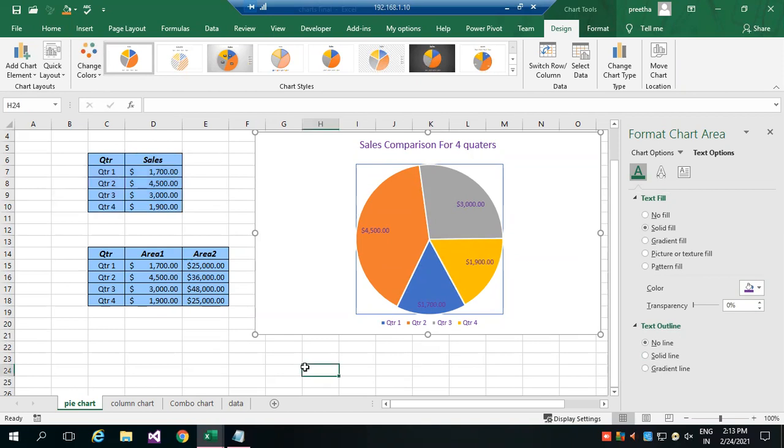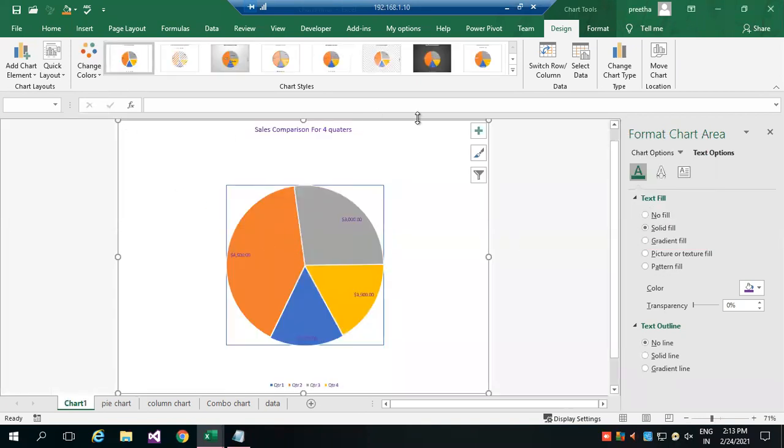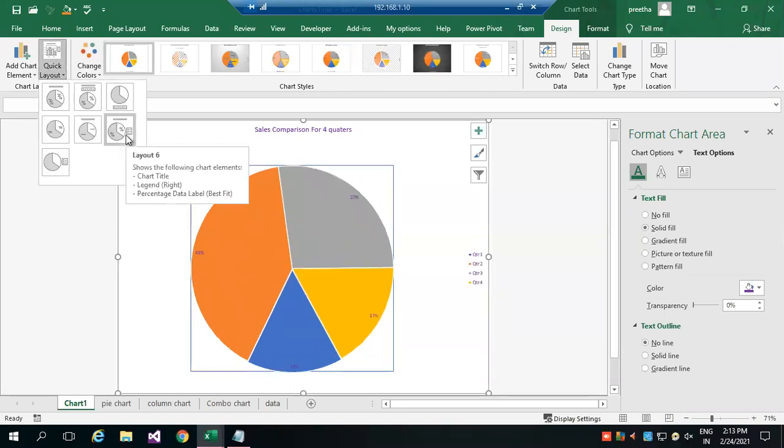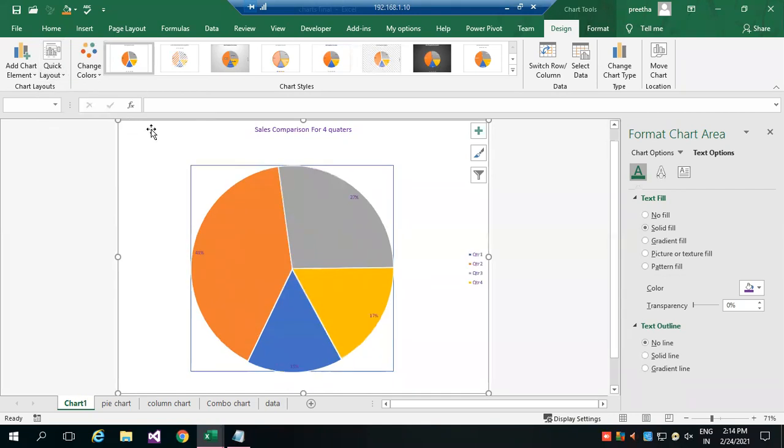Next, as we discussed in the last class, this can be moved to the chart area, means chart sheet. So apart from worksheet, we have even chart sheet. I just select new sheet, that too chart. So this sheet contains only chart. Plus I'm going to change the layout of the chart. I want along with title and legend. Legend should appear at the top or on the right side. So you can see here.